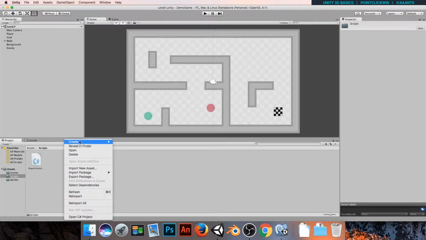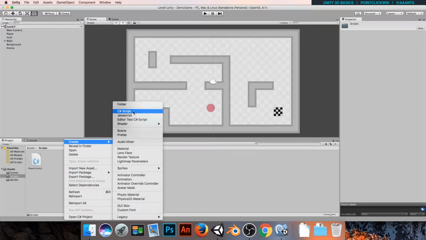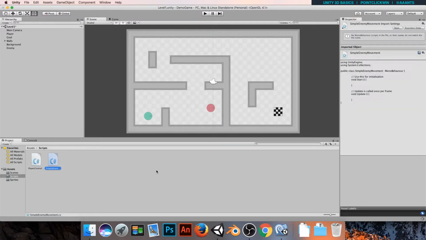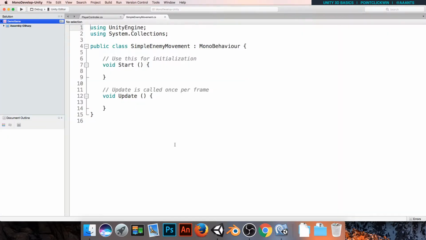So in script here, I'm going to create a C# script, and I'm going to call this simple enemy movement. Really doesn't matter what you name it as long as it makes sense to you. But let's fire that up. And we're at the point where we need to think about a few things again. So much like we did with the player's code,